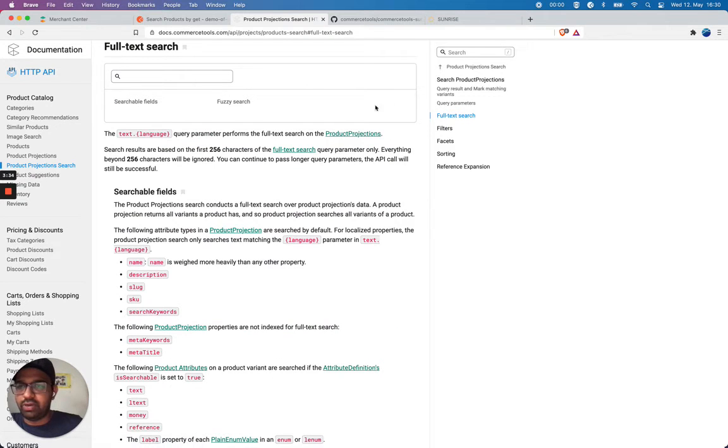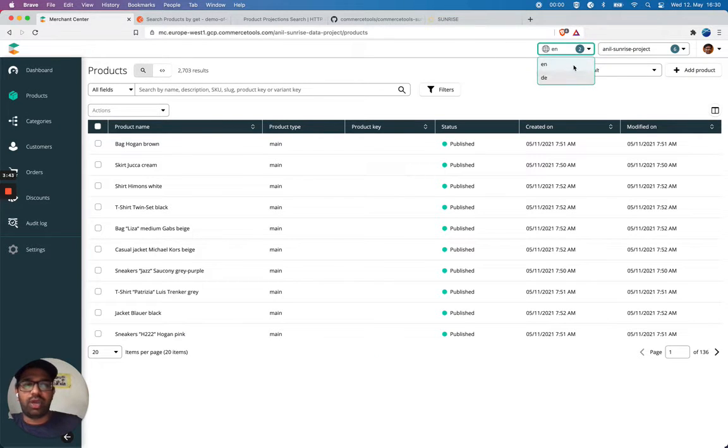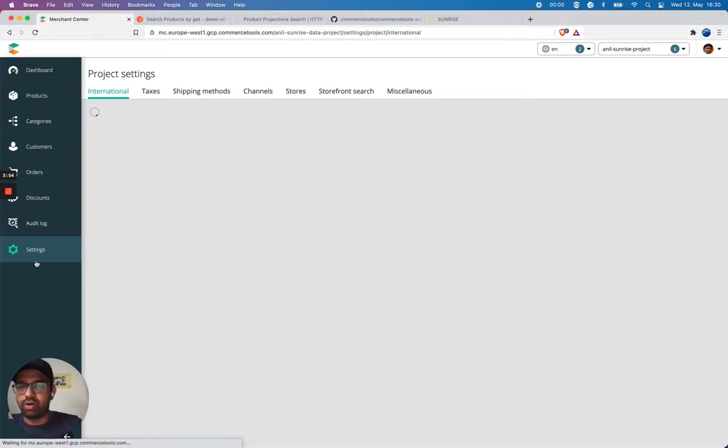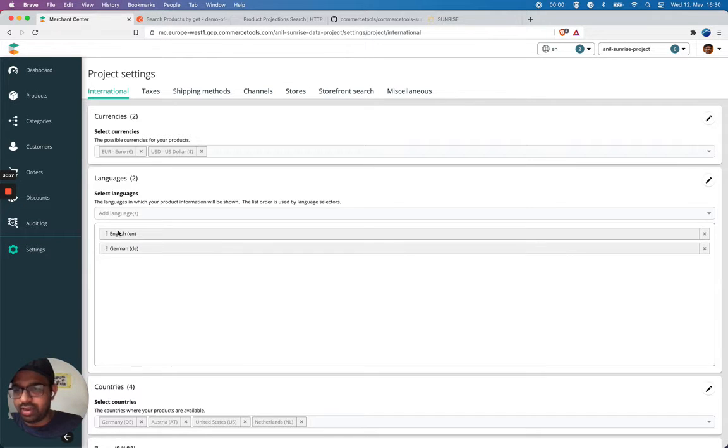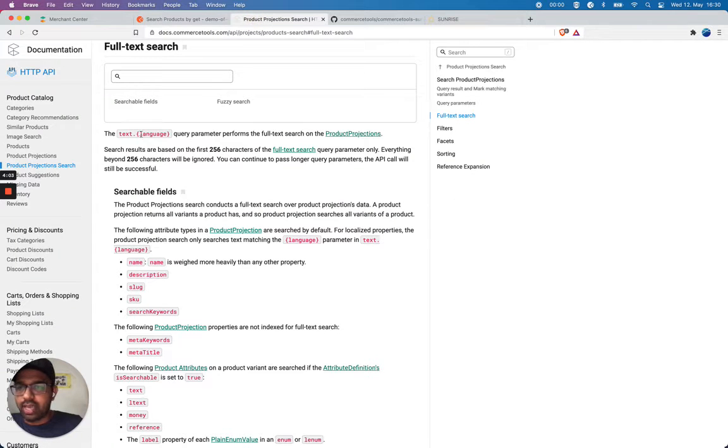If I take a look into the full text search, you see here text.language. commercetools allows you to define your products and your resources in multiple languages. My project supports two languages, English and German, and you can check your supported languages here. I can specify the language so that I can narrow down my query. My search query specifies which language I want to search for. This query parameter performs the full text search,